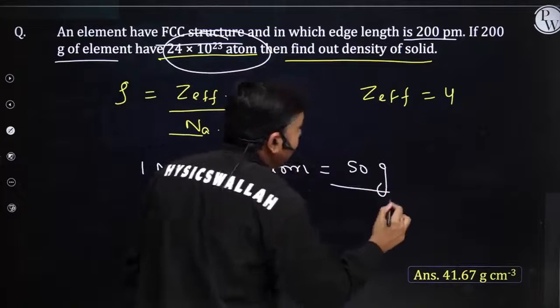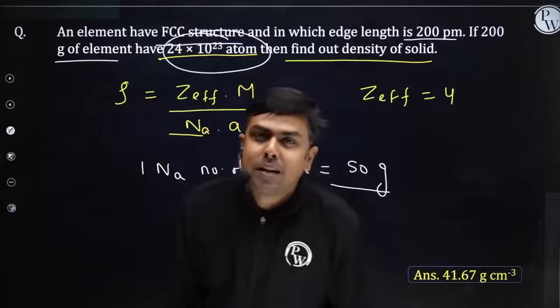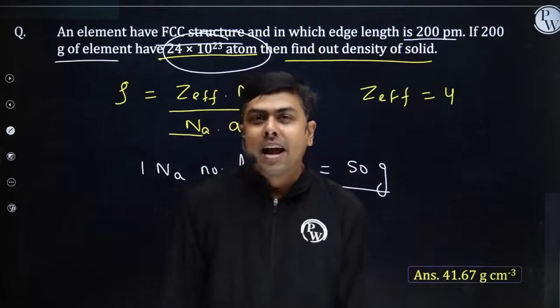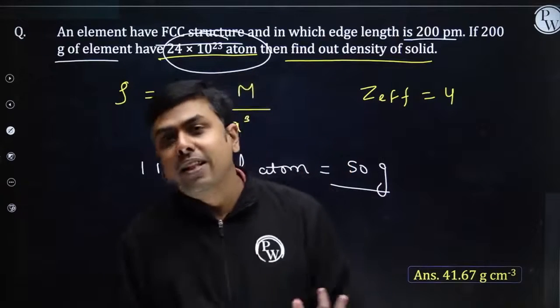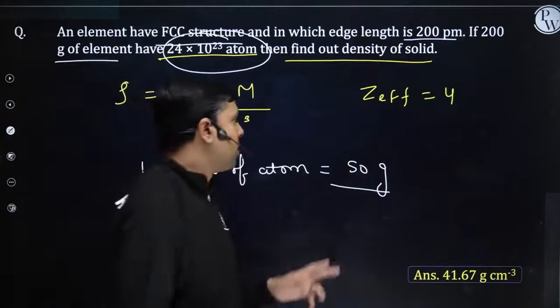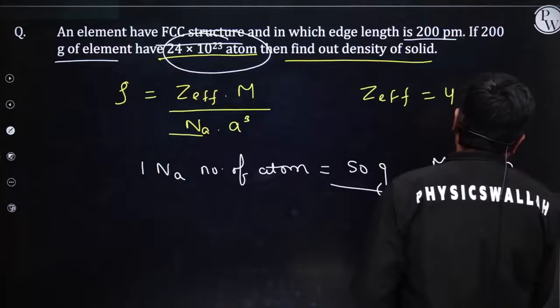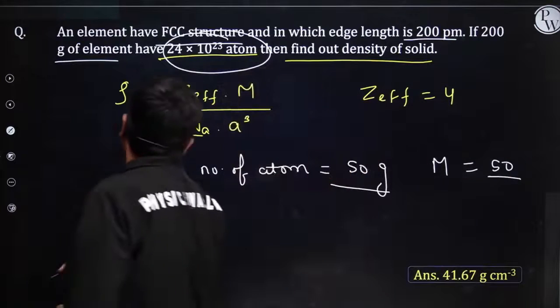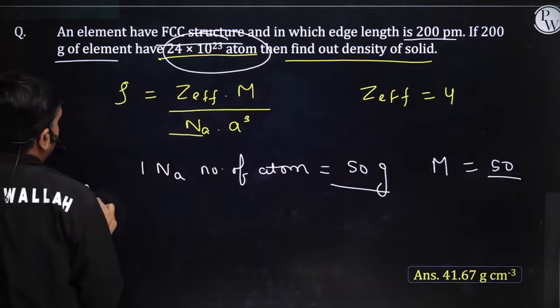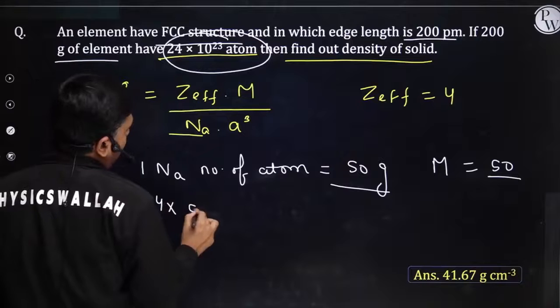And can I say the mass of 1 Avogadro number of atoms of an element is nothing but the atomic mass or molar mass of that particular element. So what's the value of M? M is 50. M is known to me. Z effective is known to me. Now from here I can easily calculate density. 4 into 50 upon Na,